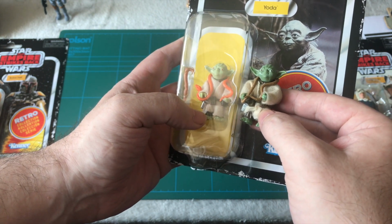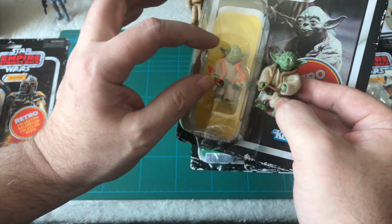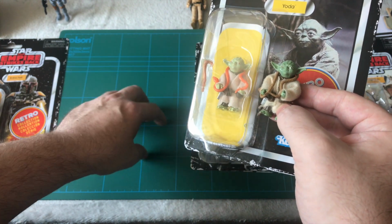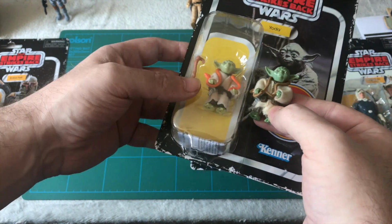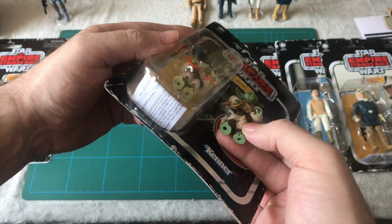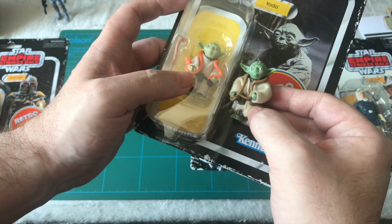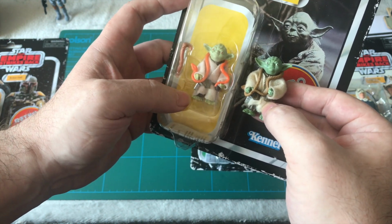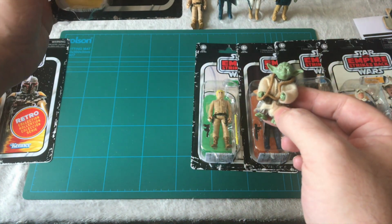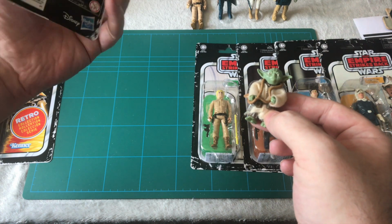So you've got the cloak, which looks very similar material. If that was out of the packaging, just there, you would not know. There's obviously things on the feet. I'm probably the only one that would give it away, but to me, that'd look really good on my Dagobah playset, even if I open that up, which I'm not going to, because